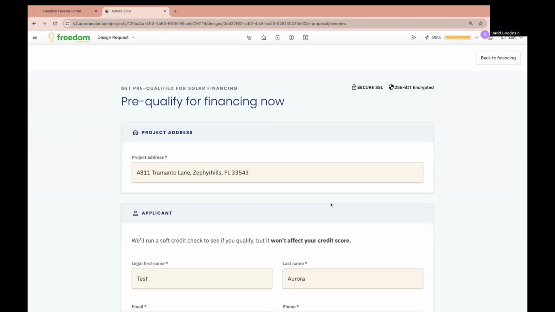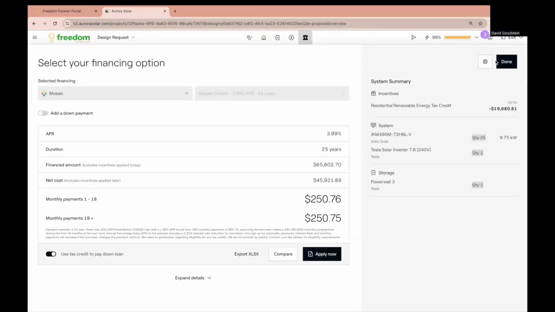So this will bring up the loan application where you'll fill out the remaining details with the homeowner, like date of birth, primary residence, and last four of social to run the soft credit check for this project. Once they have secured financing and it's approved, you will receive a notification where you can then return to this screen. At that point, the loan application will be prepared to be sent to the homeowner when you convert this